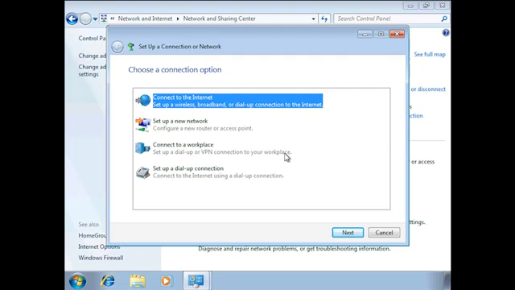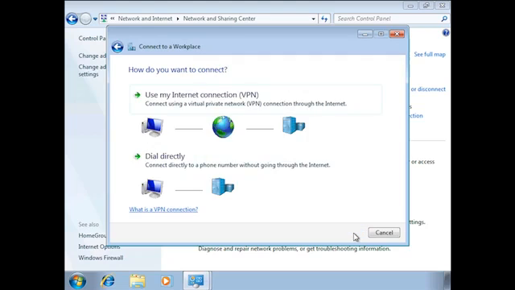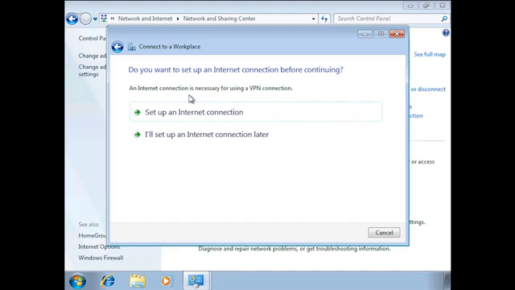In this case, the option I want is Connect to a Workplace. The wizard can also be used to create a dial-up connection. In this case, I want a VPN connection, so I will select Use My Internet Connection. The next screen will ask you if you want to set up an internet connection to connect to the VPN